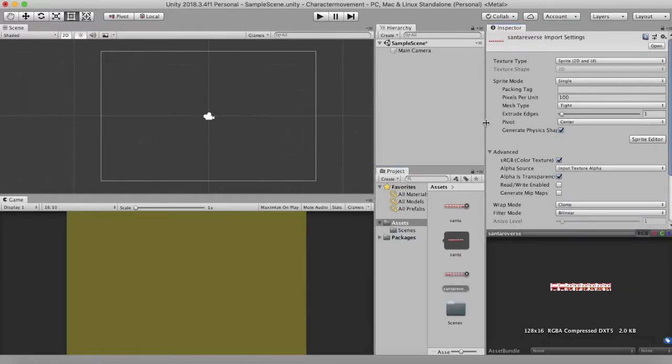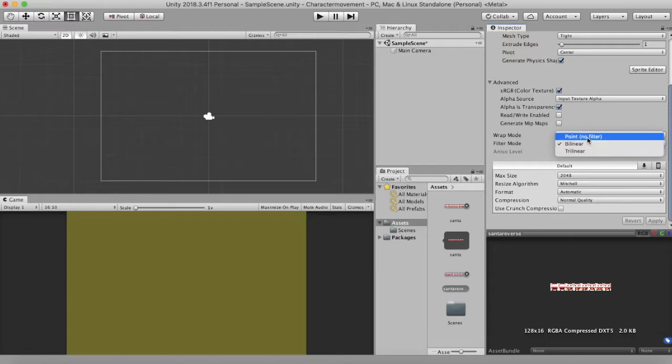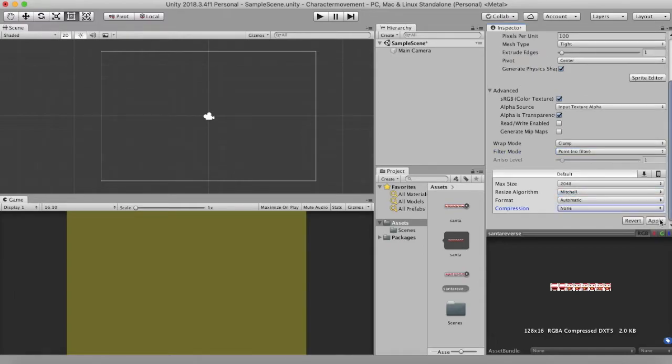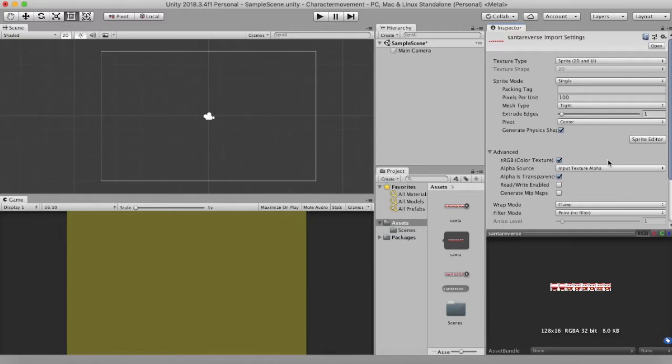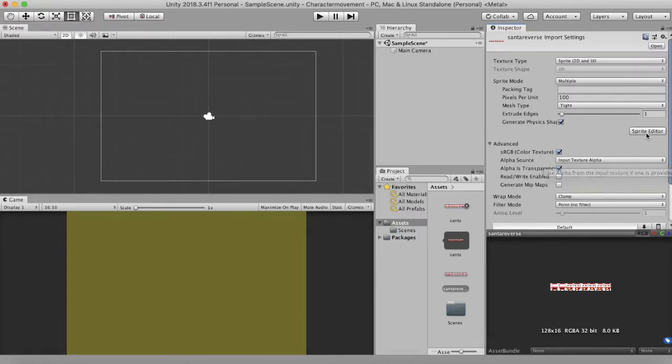Now before using the sprite sheet, we need to set some properties of the sprite sheet. For example, we have to change the filter mode to point, because we don't want any filter or any kind of disturbance in the image, and we have to change the compression from normal to none. Hit on apply. Now Unity can't make out whether this is one image or multiple images. So for Unity to understand this, we'll change the sprite mode of this sprite sheet to multiple. Click on apply. Now open this sprite sheet in sprite editor.